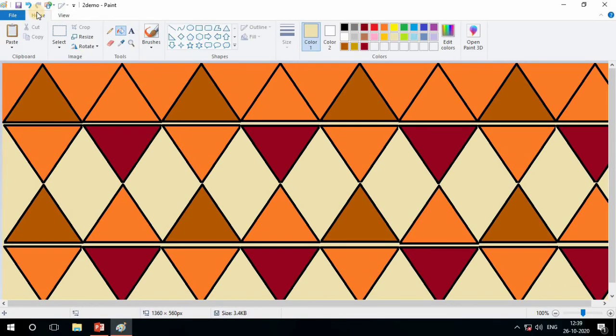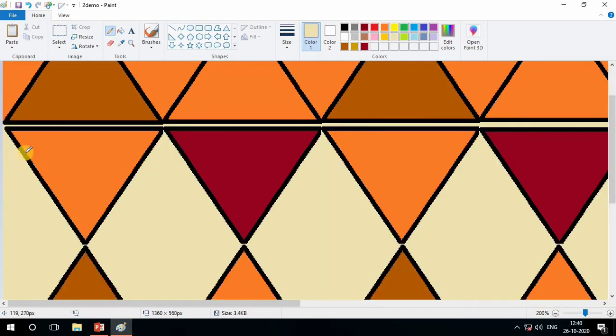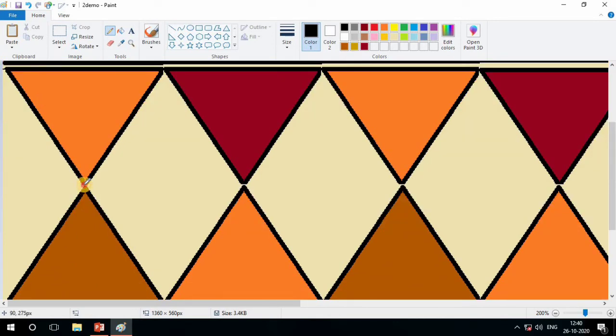So to fill the edges we use this pencil. What? The pencil. And what we have to do, just zoom in and see the area. But remember the color one is changed here, so first change it to black, choose the black color from the color shade. Now see, you can just fill the gap. You can see the gap here, so we just have to fill it. So the color will not change in all the other edges.